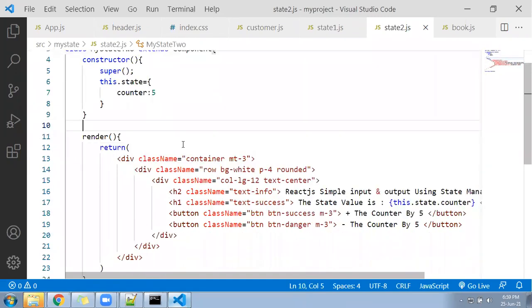Once you understand the state, how to create a variable, how to access the variable, how to update the variable, it is very, very meaningful for the hooks. The person who understands state management can understand the hooks very well. And the person who understands the hooks can understand redux. It is linked. In class component, if you are able to handle the state management properly, nothing to worry.